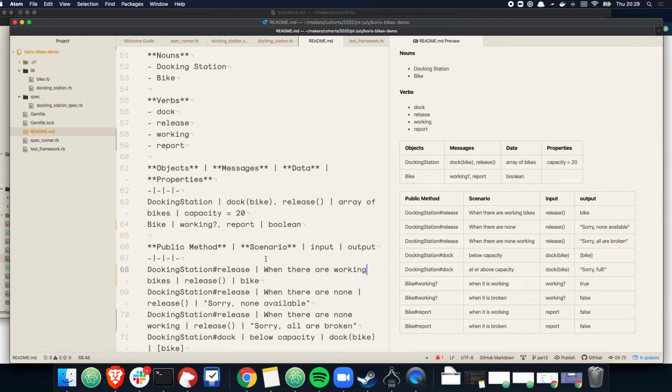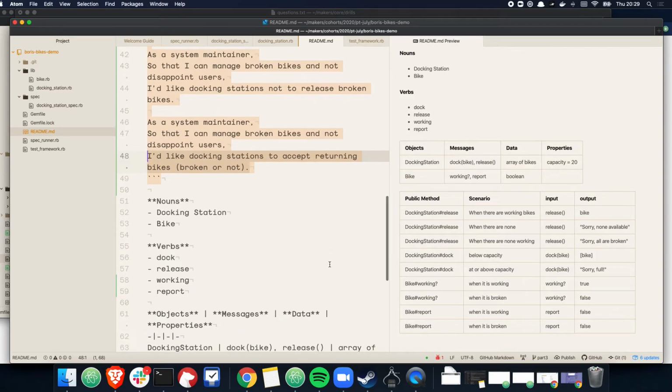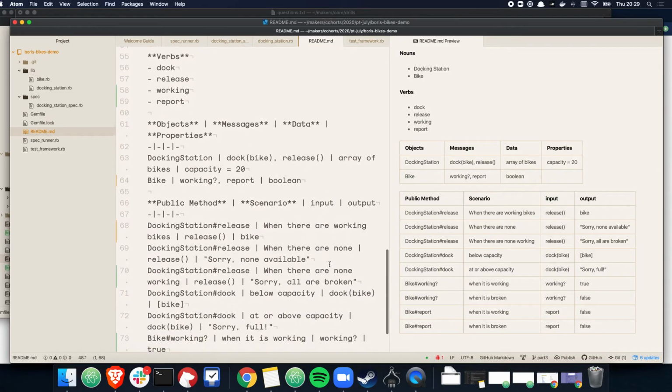Documentation to accept returning bikes, broken or not. So that should say the same. You should always be able to dock bikes, but still when it's at capacity, you can't dock a broken bike. Cool. So those are